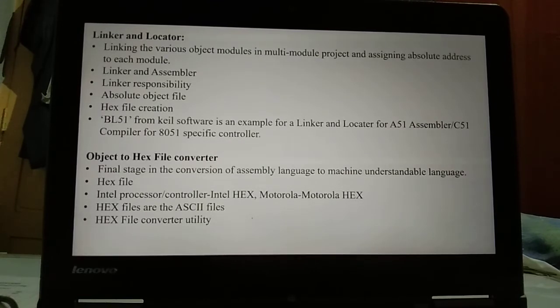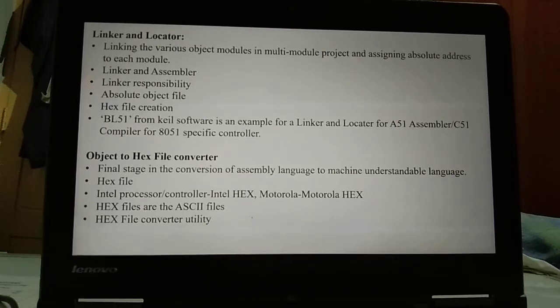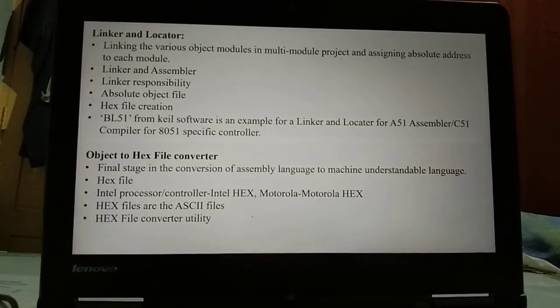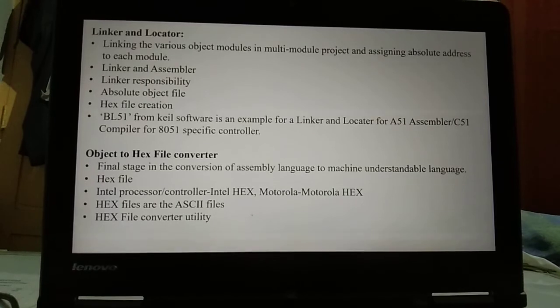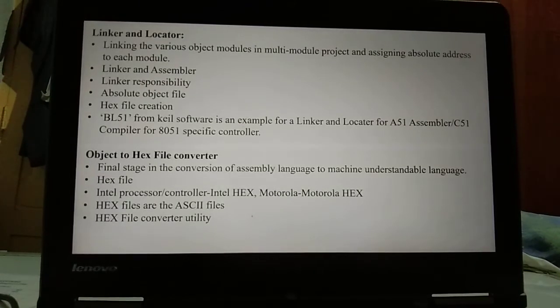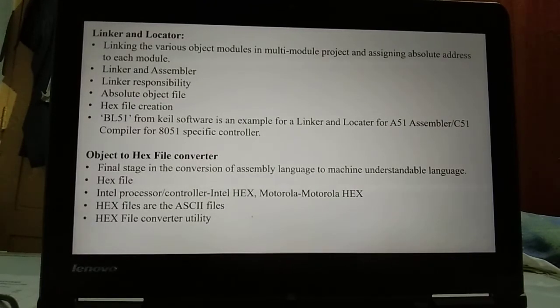Assigning absolute address means specifying the address where the code should be located. The linker converts the object file to the absolute object file, while the assembler converts the source file to the object file. The linker eliminates the external dependency of the variables and functions, that means these variables and functions can be used among many modules.